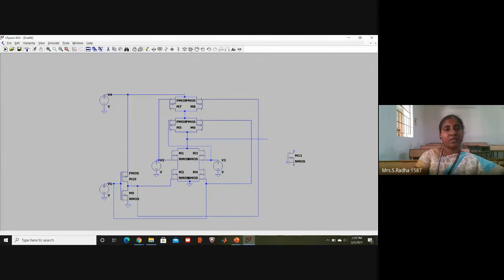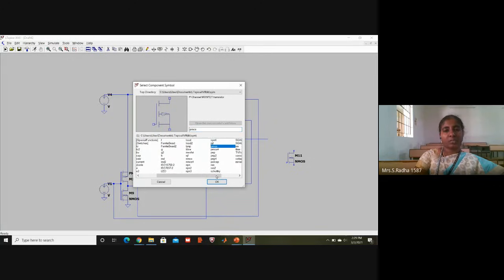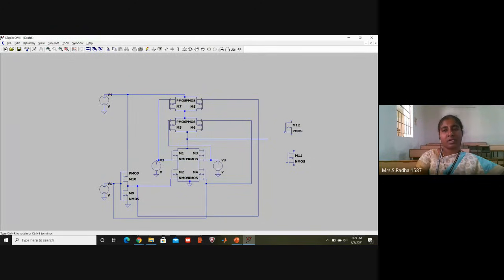I have taken one NMOS, one PMOS. I am creating one inverter. Now it is moving. Control R, Control R, Control E. So you fix it. PMOS on the top, NMOS on the bottom. You connect their gate points. Connect them here. The top point should be connected to VDD, and for the bottom we need a ground.